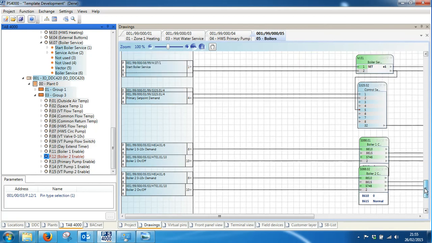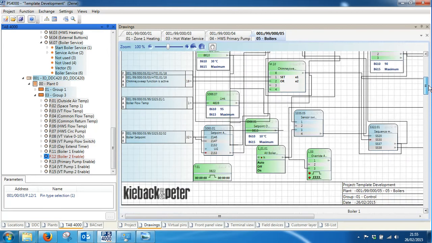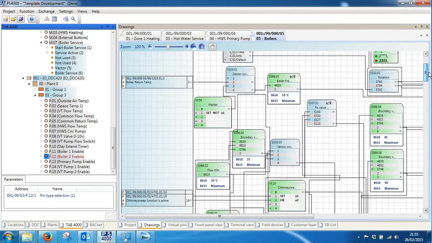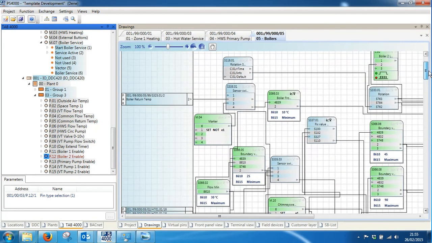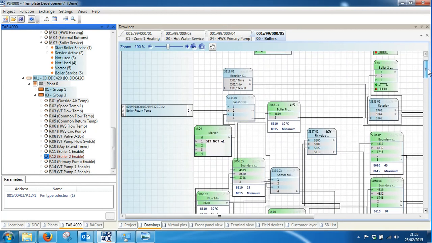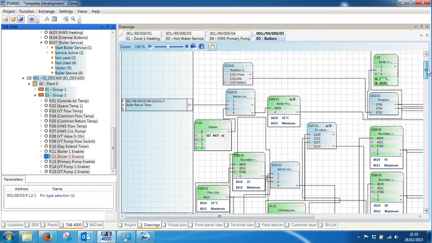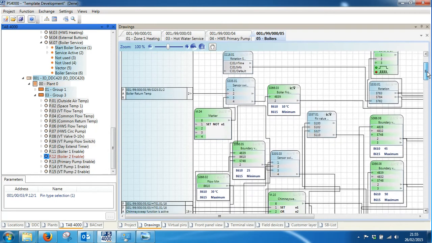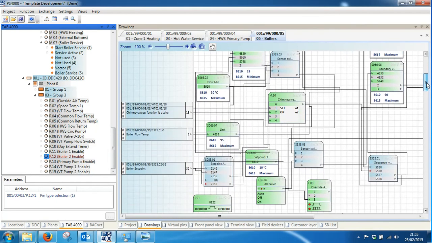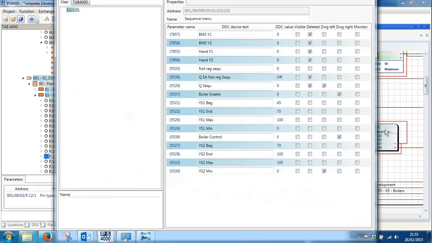The standard 0 to 10 volt software is written in such a way that the boilers will be enabled and then they will follow the ramps. So the enables are clustered at an early part of the sequence. This means that we enable them, then we allow the ramps to run. So the sequence menu object here is what triggers the boilers to run